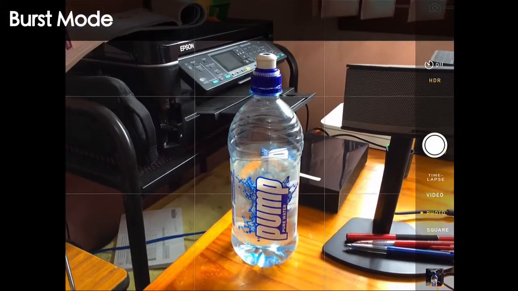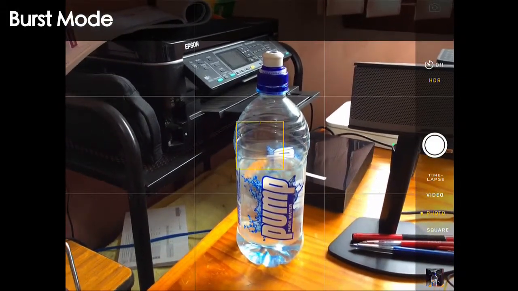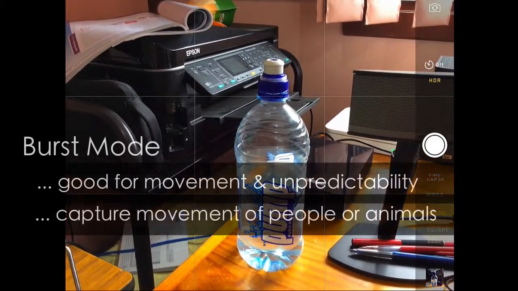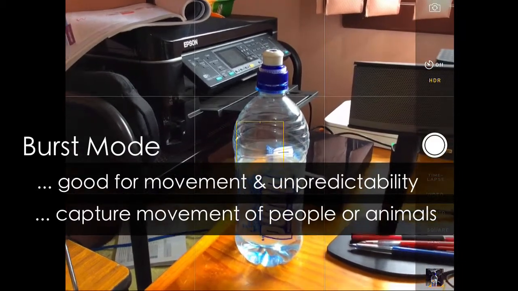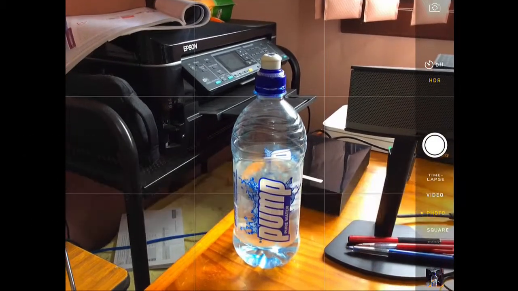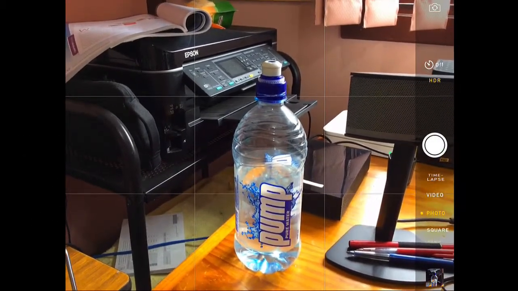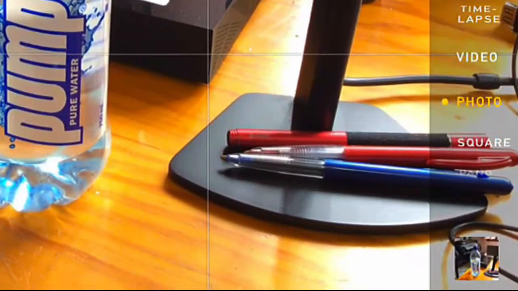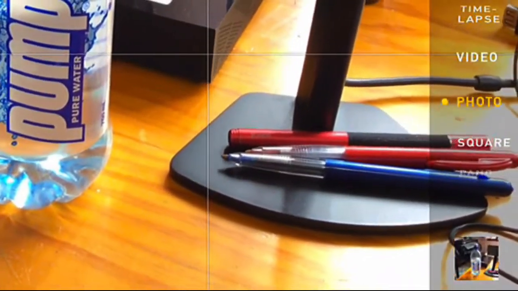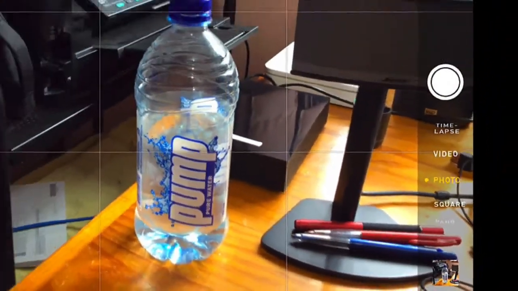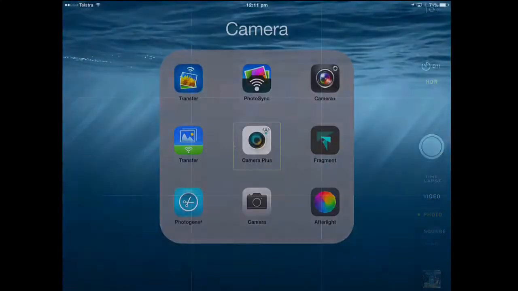Burst mode takes a number of pictures in quick succession, maybe 10 per second. And it's good for movement and unpredictability. So if you're looking at somebody walking or racing or playing sport, you could take a number of pictures in burst mode and then pick the best ones. So when I hold down the shutter, it's just taking frame after frame after frame. If that was a subject that was moving or my dog playing or something, I could then get the best shot. Now to see all your shots, go back into the Photos app,